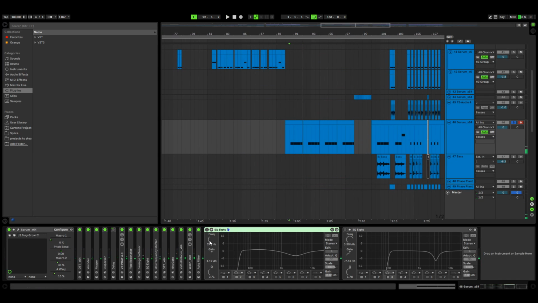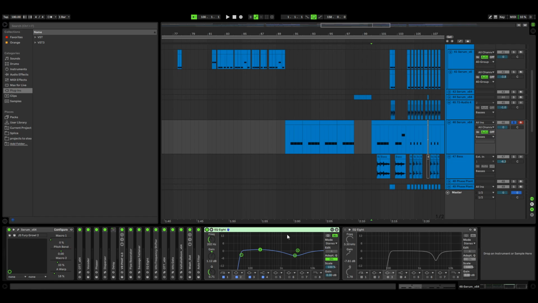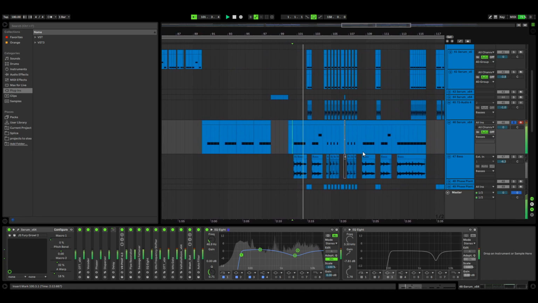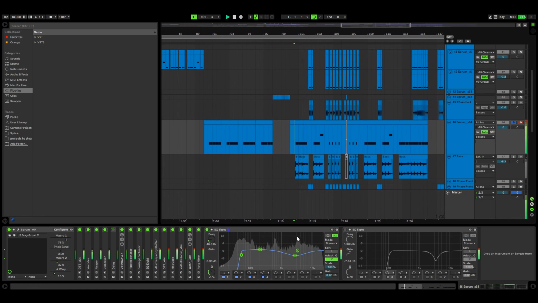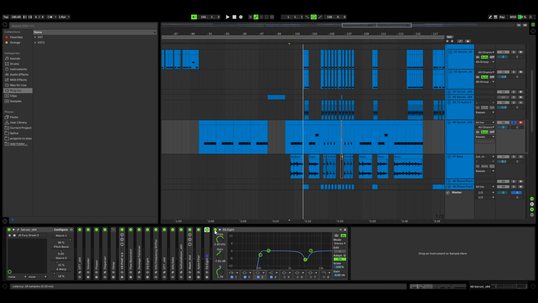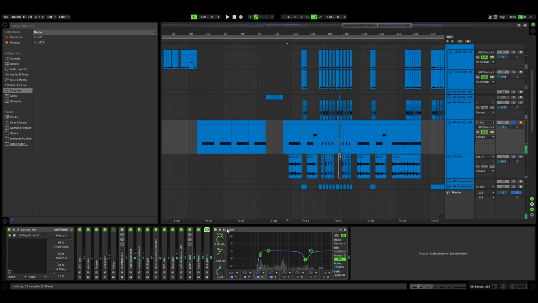And then the last two effects really finalize the sound and get it to where I wanted. Two EQs, one is cutting out around the, what is that? 50 hertz range, and boosting some of the mids, cutting out some of the mid highs, because there's some nasty stuff. And then you'll notice that frequency spike right there. Wasn't a huge fan of that, so I cut that out. And there you go, the final sound.